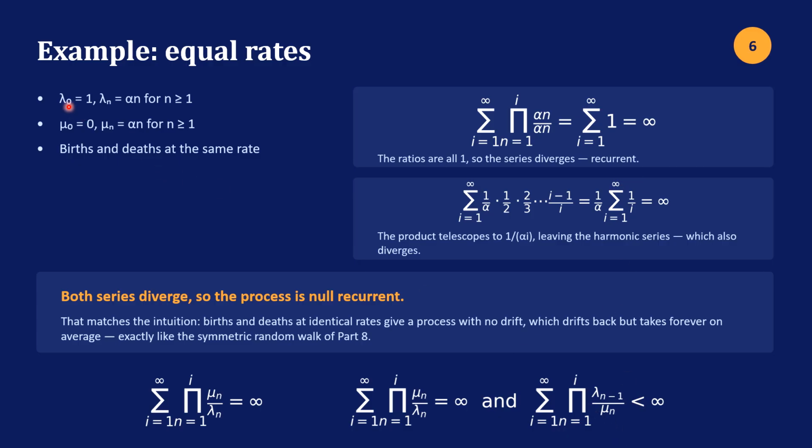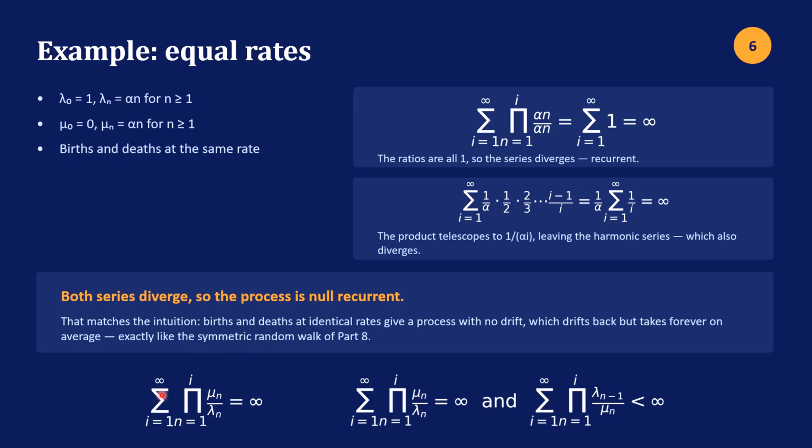So our example is lambda sub 0 is 1, mu sub 0 is 0, and then for n greater than or equal to 1, both lambda sub n and mu sub n are alpha times n. So we just plug those into this formula here. We get 1. So this is the product of 1 times 1 I times. And then you sum that up. And of course, if you add 1 to itself an infinite number of times, you get infinite. So this is